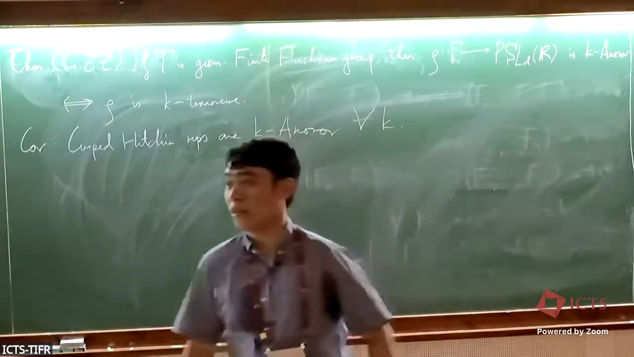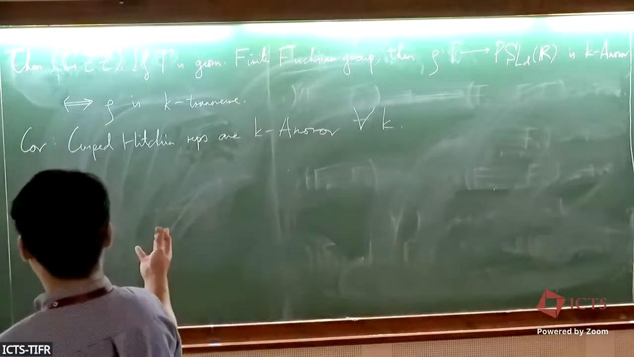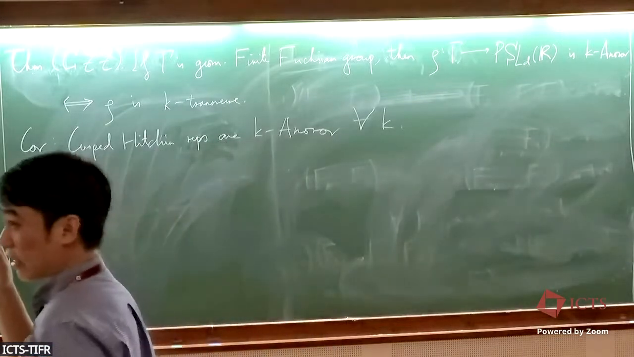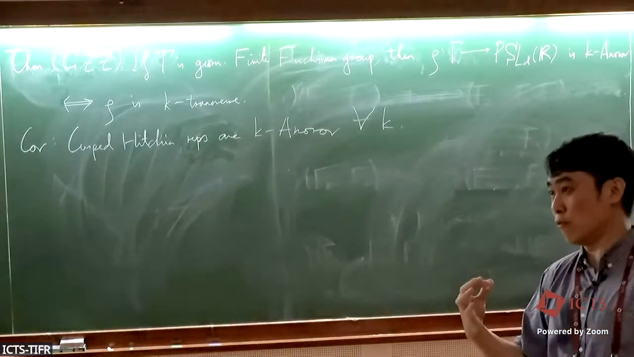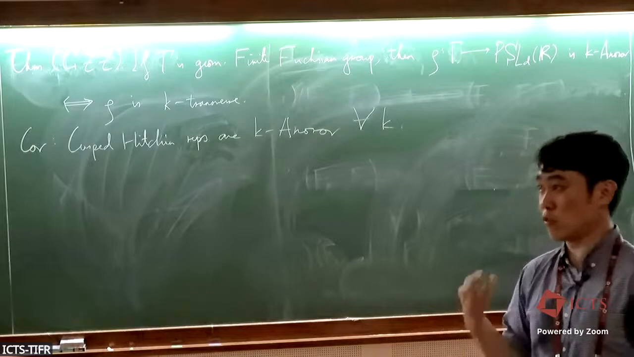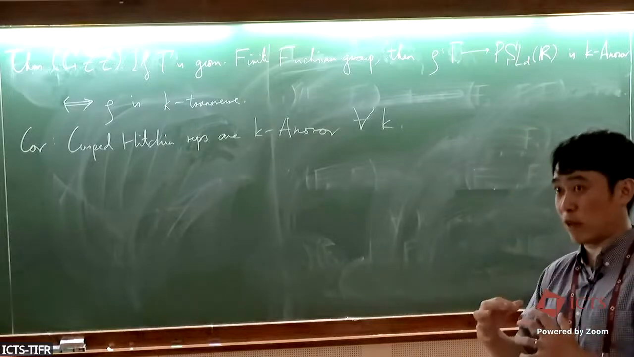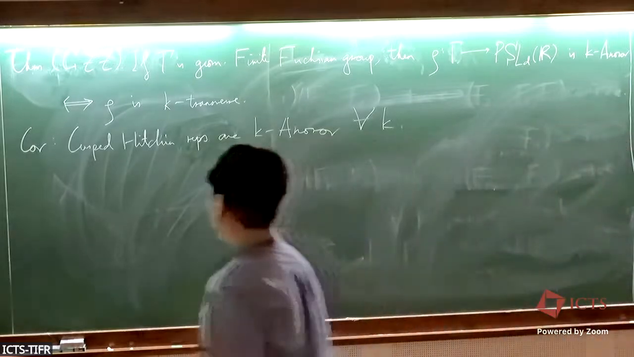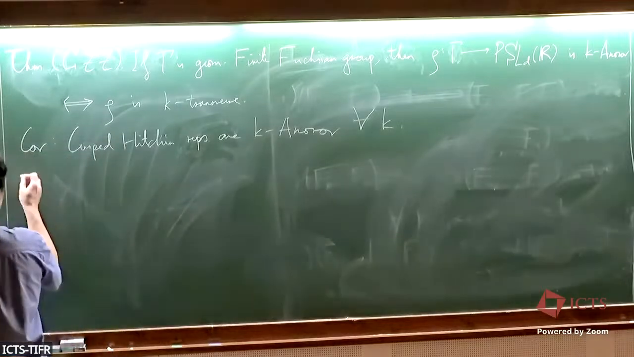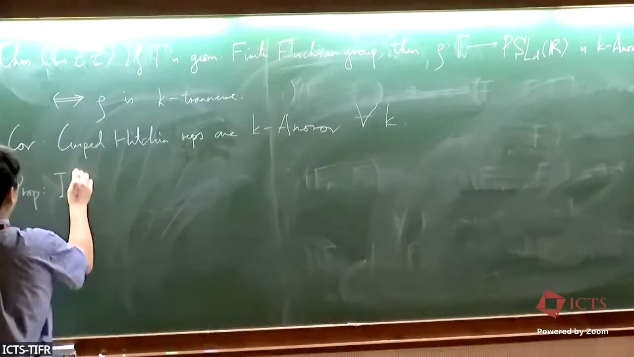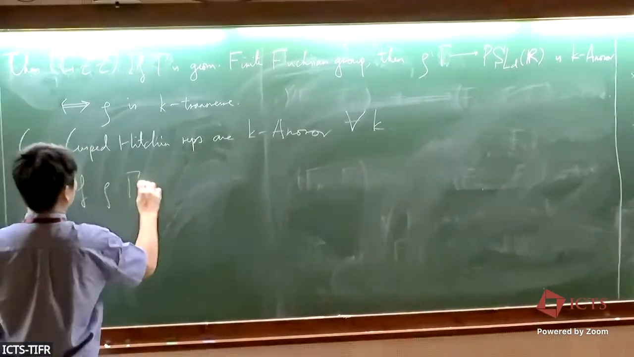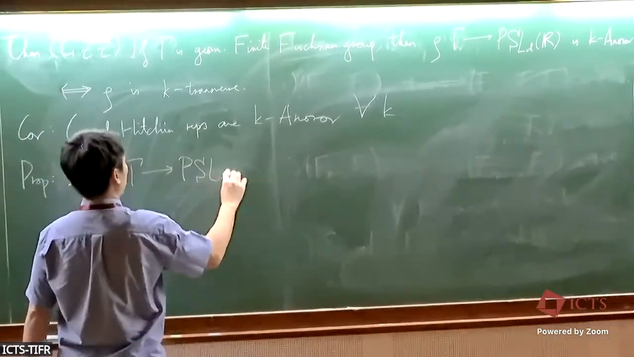Okay, so why is this better? There are a few things that I can prove about K Anosov representations that are not true for K transverse representations. These are things where I really need the geometric finiteness for this to be true. Okay, so here's another, maybe as a proposition. If rho from gamma to PSL d R is K Anosov,